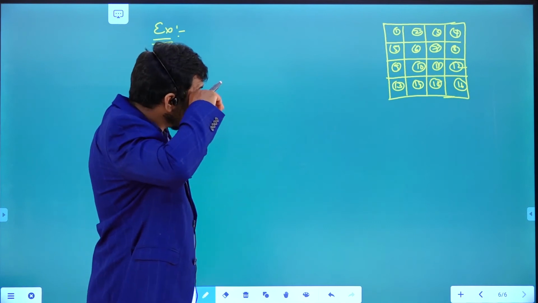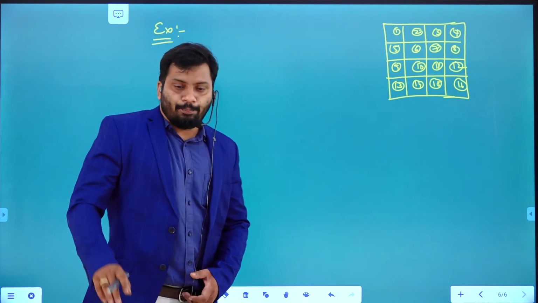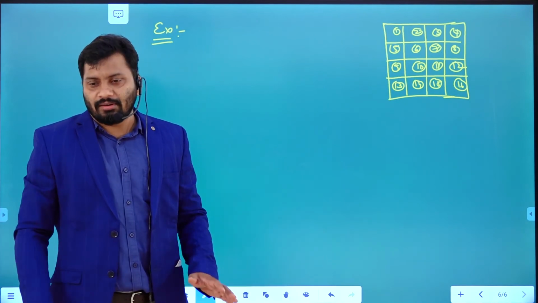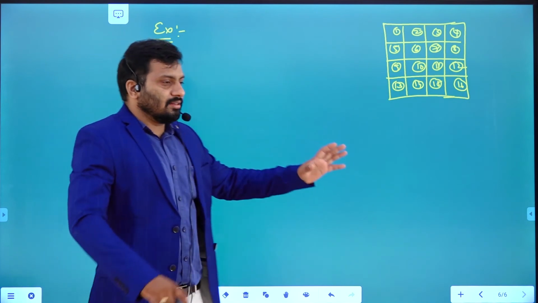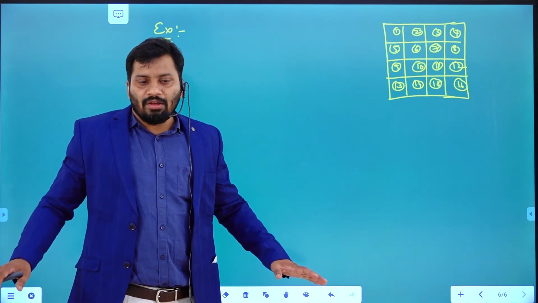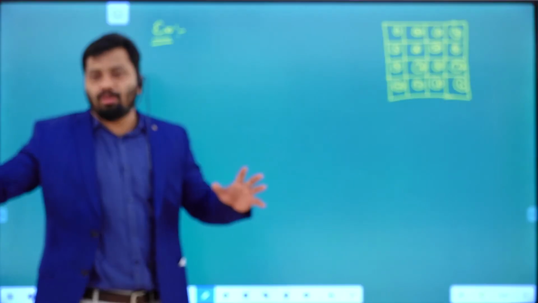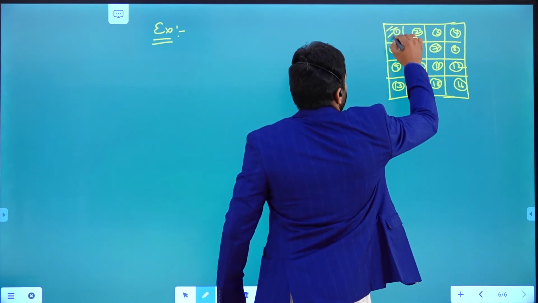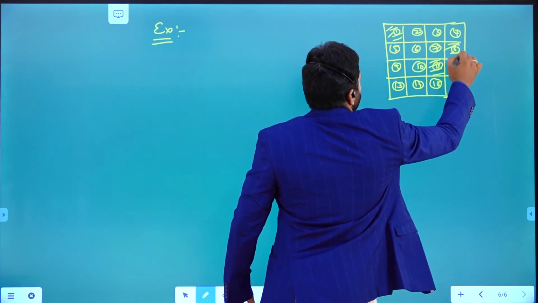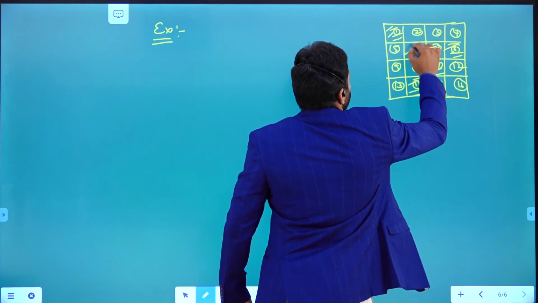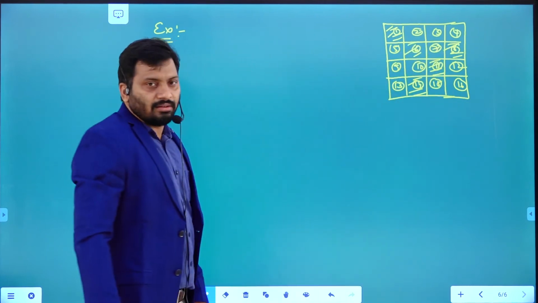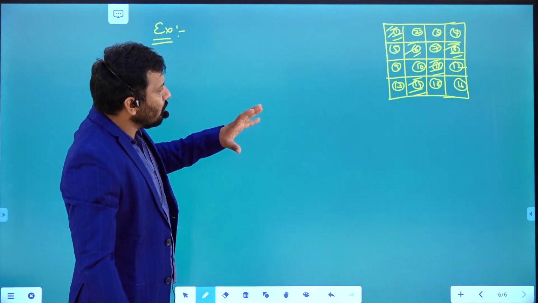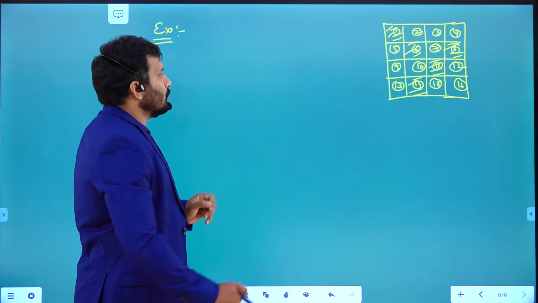So these 16 tiles, right, you want to paint. These are already white color tiles, right? In these 16 white color tiles, you want to color some selected tiles red. For example, I want to color this one red, this one red, this one red, this one red, like that. So some selected tiles I want to color red.